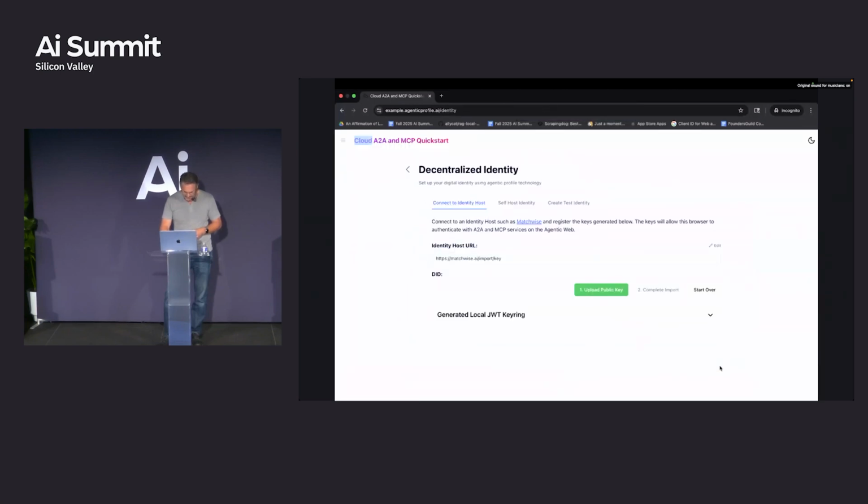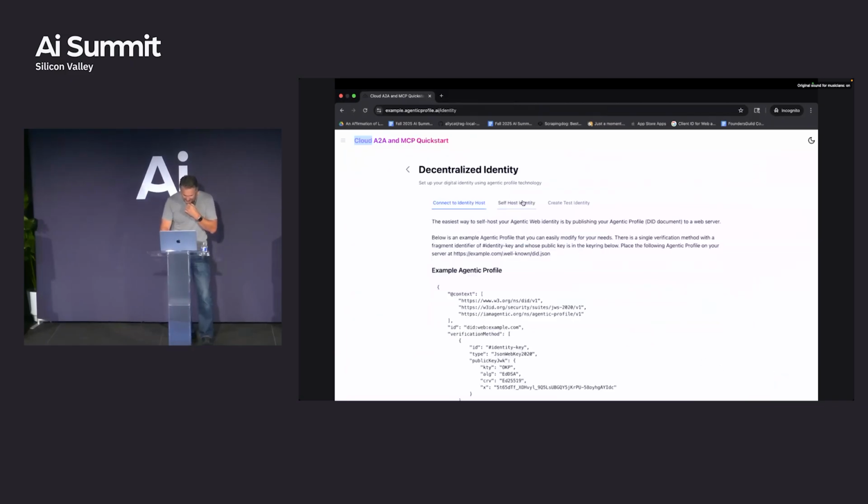And identity is really interesting because the question is, how do you build identity on the agentic web? I'm going to provide three examples here. The simplest one, the fun one, is you can self-host. That's the really cool part about DIDs: a DID is a specification that has, as its second part, a method. So you have did:web, did:solve, did:eth, all the kind of fun ones. DID peer, we have that one too.